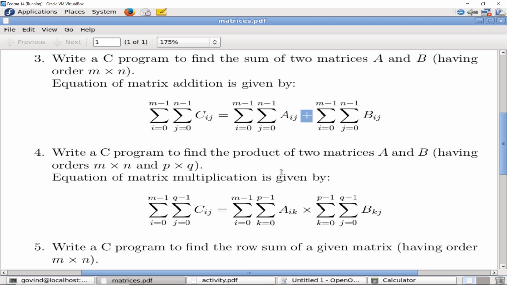However, matrix multiplication is not an element wise multiplication; we have a different approach for it.